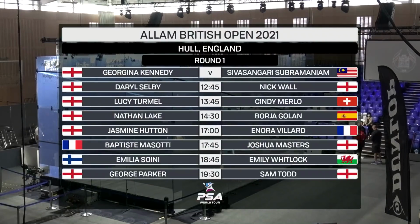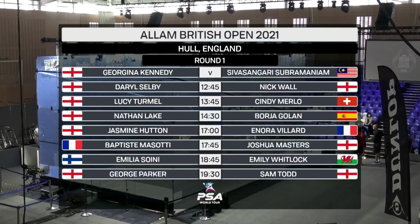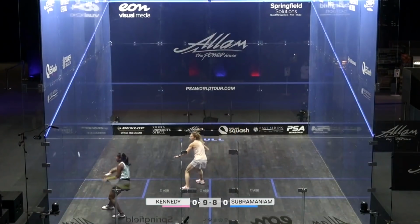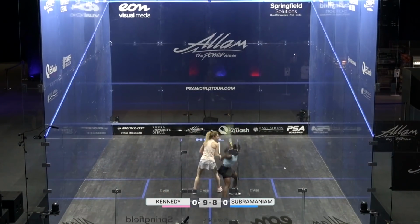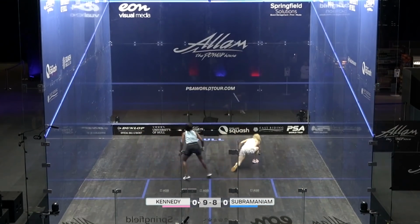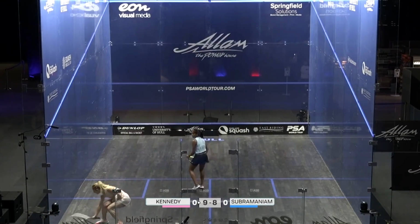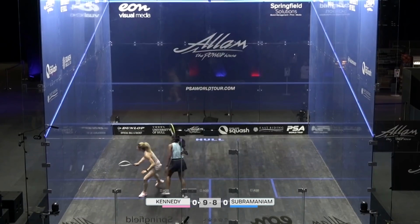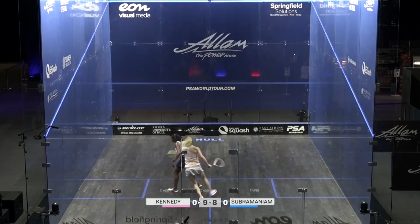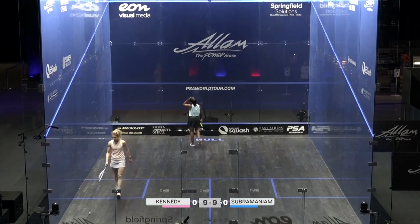with an absolute belter. Georgina Kennedy, very much a giant slayer, up against the very talented squash player Sivasangari Subramaniam of Malaysia. That's a great shot. Can Subramaniam punish Kennedy? That's the incredible bit of Kennedy's game, how easily she recovered that ball. I mean, obviously, as you say, she's got loads of other facets to her game, but you won't find...